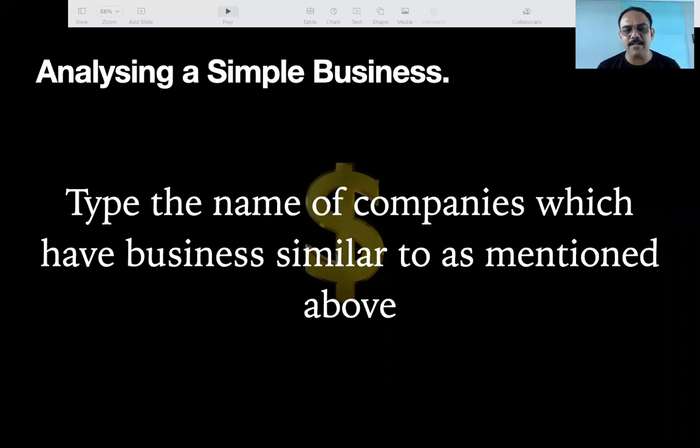Name the companies which have businesses similar to the one mentioned above. DMart, Trent, okay. Abhishek is saying every company. Okay, Britannia, okay, great. Keep thinking which company might be doing like that. Dairy companies, okay, others. Think. If you don't think, how will you earn money? Think and earn money. Wow, new tagline. Next time I'll put it in my webinar.